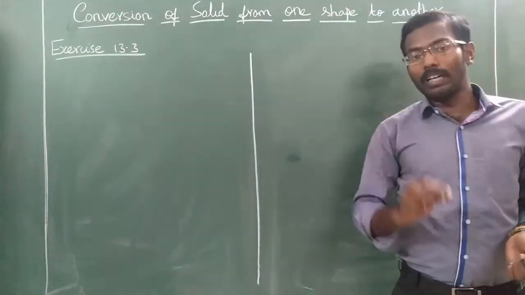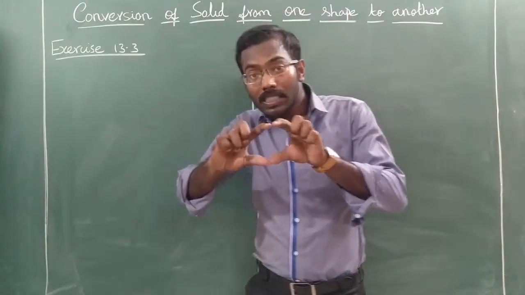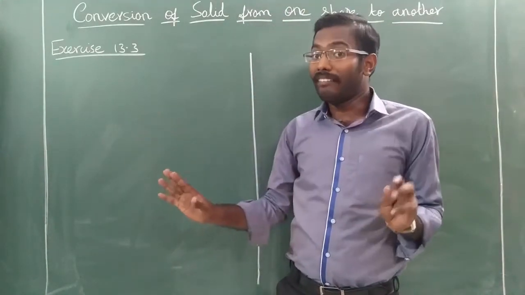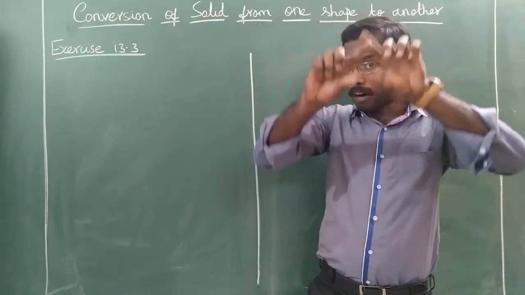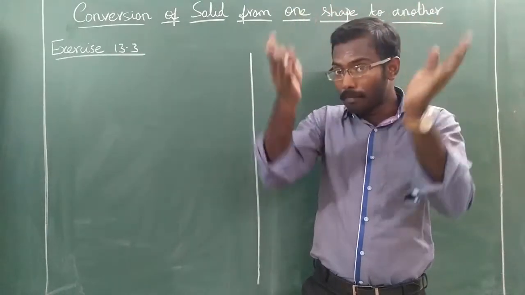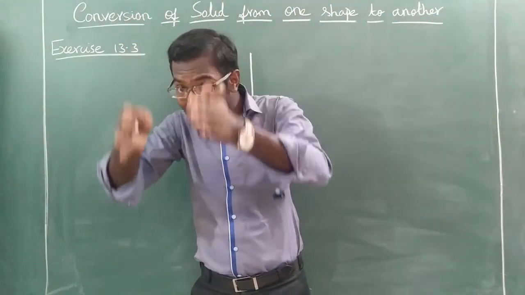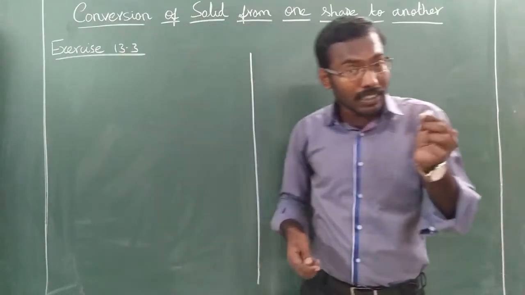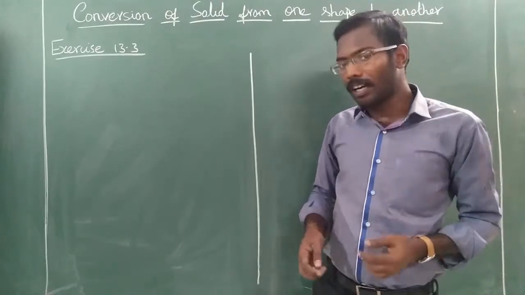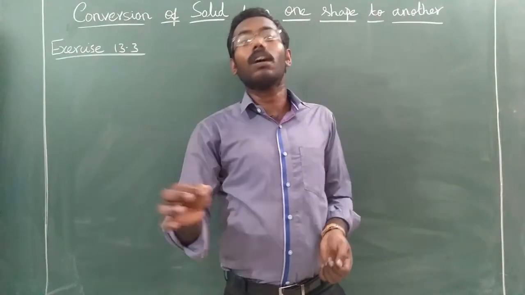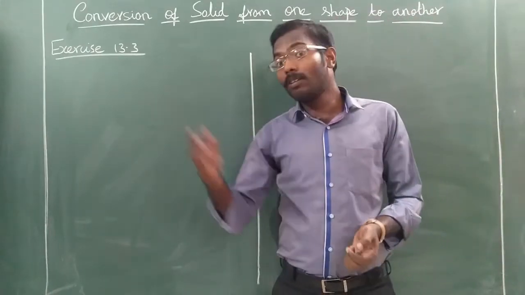Here you have to note one thing. For both sphere and cylinder, we use the same amount of clay. Therefore, in this case, the volume of the sphere, the spherical ball formed by the clay, is equal to the volume of the cylinder formed, because we use the same amount of clay, so same value. Using that concept, we will solve the sums. I think it will be better if we directly go to a problem.